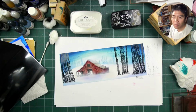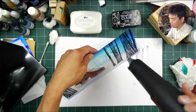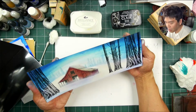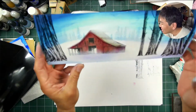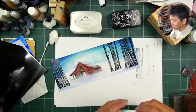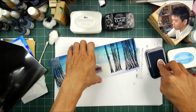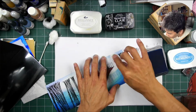All right, so I was making my assessment, checking out how it's looking with the mirror, or the silver foil, as close to a mirror I think as we can get in stamping, or in card making. I gave it that heat setting there because I want to color those trees a little bit, but I am worried about that VersaFine Clair being an oil-based, slow-drying ink. It's going to dry much faster on a matte paper, but this paper is coated. This was a live stream, so I didn't want to wait forever. I'm not going to say, okay, everyone go take 15 minutes and come back and I'll start again. I guess I could, but...